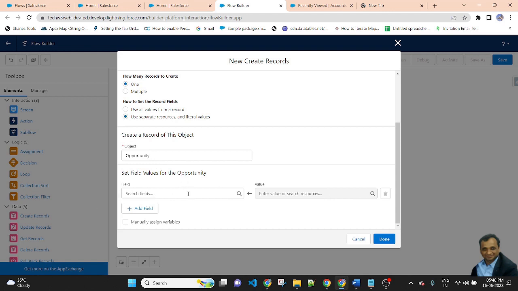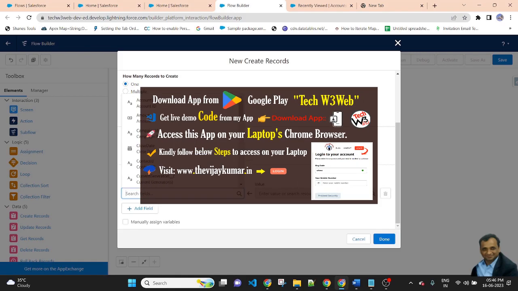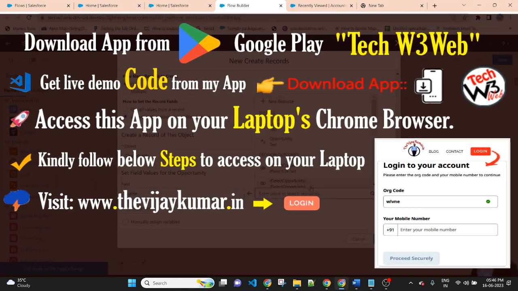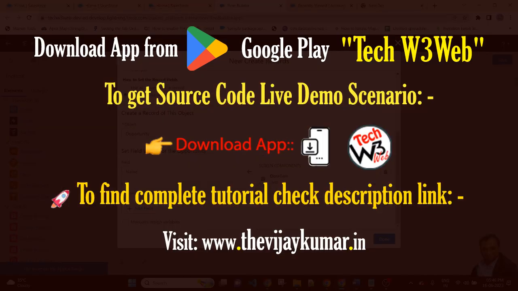This is the name of the field and this is the value. So in the opportunity, there are three fields: name, value will be assigned name; close date, value will be assigned close date; stage name option.